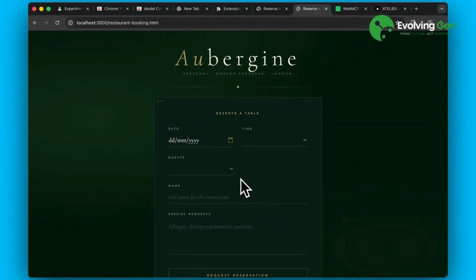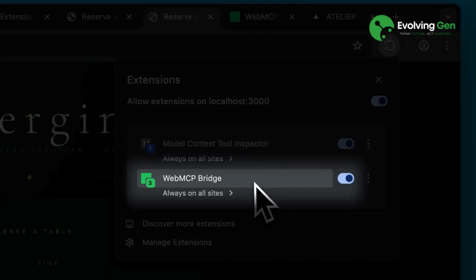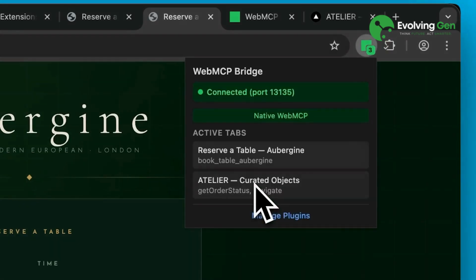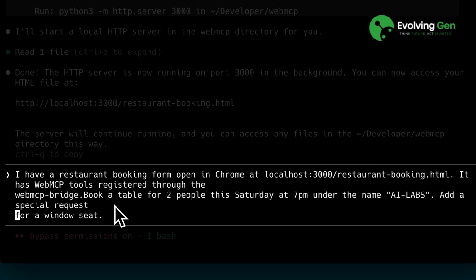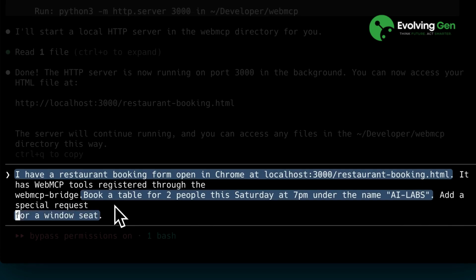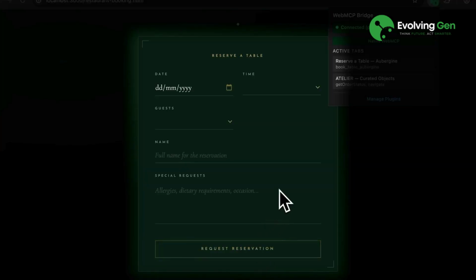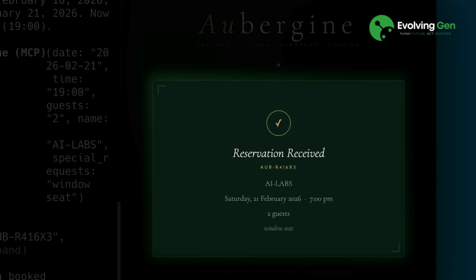So this is a simple HTML page running on a local server. Opening the extensions tab, we have the WebMCP extension. Opening it, below the name of this site, we have one tool, book table. We connected this WebMCP bridge to Claude Code and told it that we had a restaurant booking form open with WebMCP tools available. We gave it the task of booking a table for two with a date, a name, and a special request. All of those fields are there in the form. It confirmed the date, used the WebMCP tool that the site provided, filled out the fields, and successfully made the